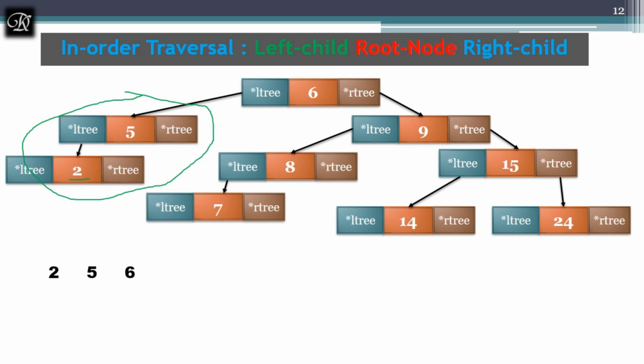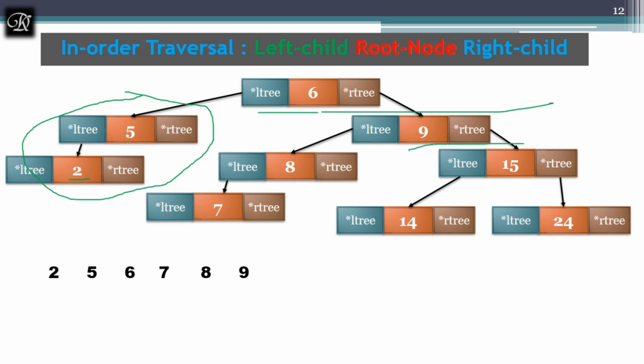This is the right part of our tree now. Consider this tree and apply left to this. So I am visiting this. This is a recursive operation, and go left to this, and this is the leaf node, which is not having any more nodes under this. So print that, and its root node is 8. Print that, and it is not having any right node. So print its root node, and it is having a right tree.